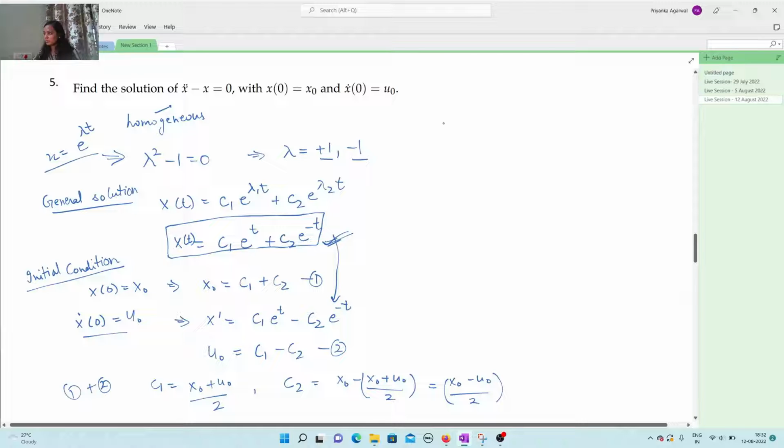Now we have to use these initial conditions given in the question to solve this problem. So first condition given is x of 0 is equal to 1, which means that in this equation if we substitute t equals 0, e to the power 0 is 1, a cos 0 is 1 plus b sin 0 is 0 equals 1. So this directly gives us a equals 1. And the other initial condition is x prime at 0 equals 0. So this would give,